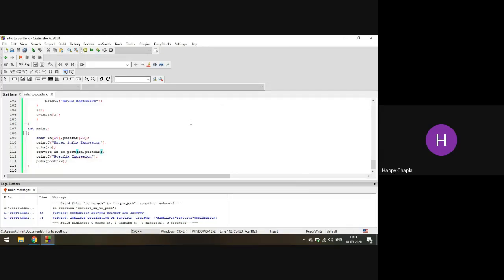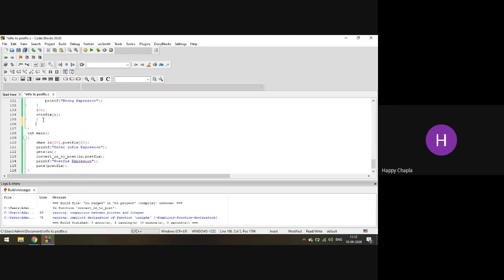Yes, over there, after your 105 number line. Give one enter over there. In between your 5 and 6, we need to write. Exactly.